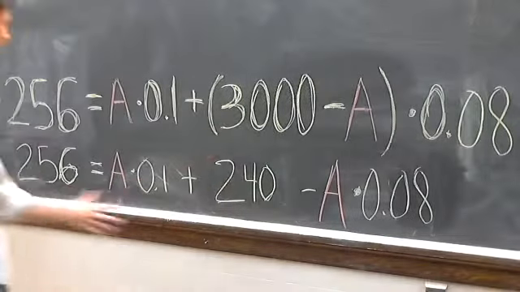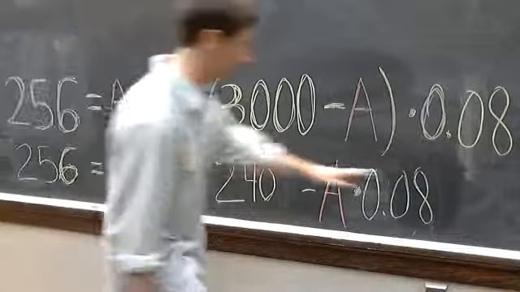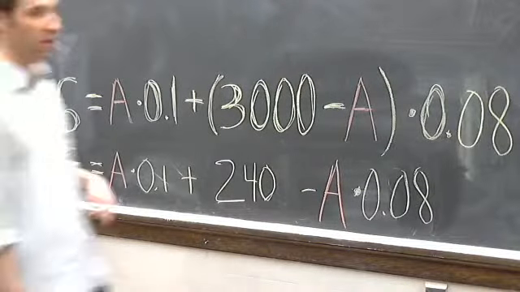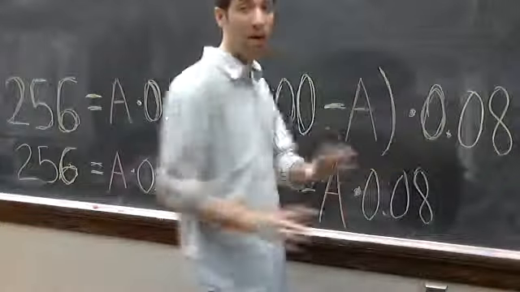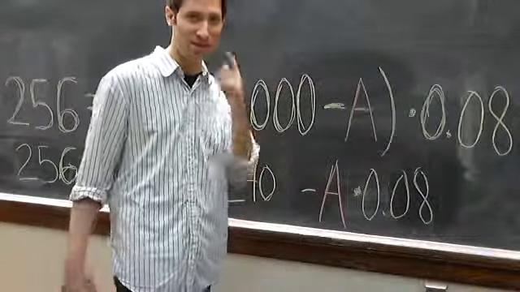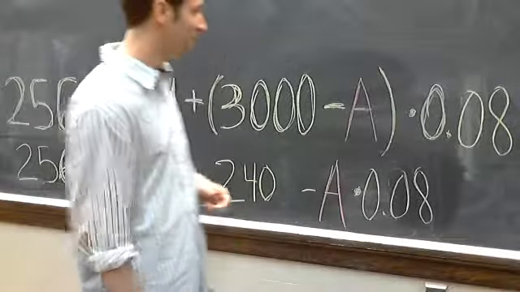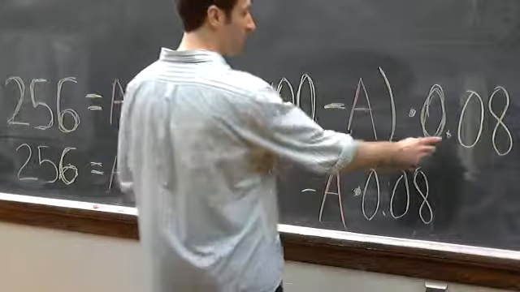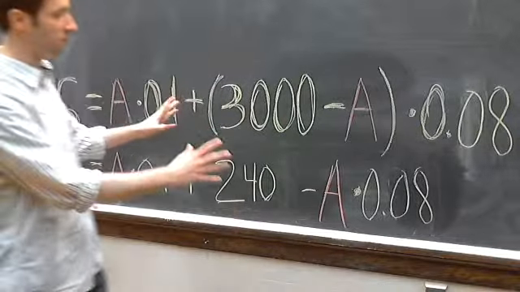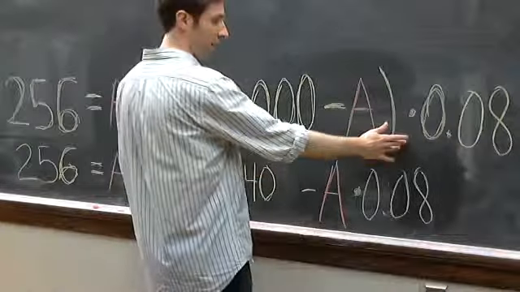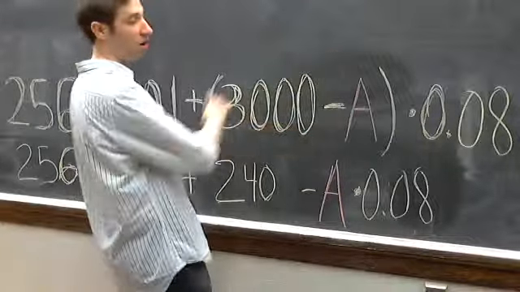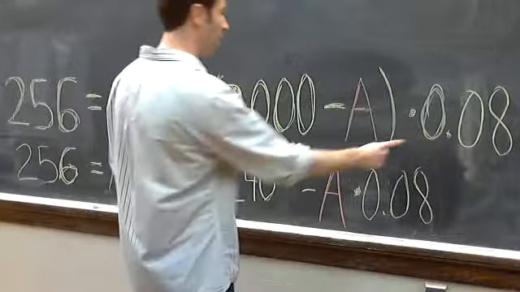So the next stage is just simplifying this equation down, because there's a lot here. I started by multiplying out the 0.08. Oh, and remember that 8% is 0.08 and not 0.8. I always make that mistake quite commonly. So multiply the 0.08 to both of these numbers, because when I substitute the 3,000 minus A in, it's going to be in brackets. So the 0.08 has to apply to both of these, because both of these are part of B. So I would get